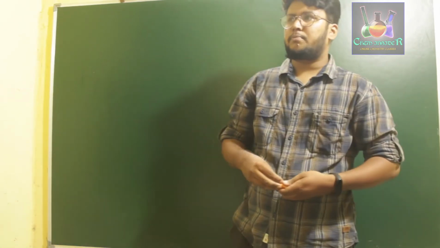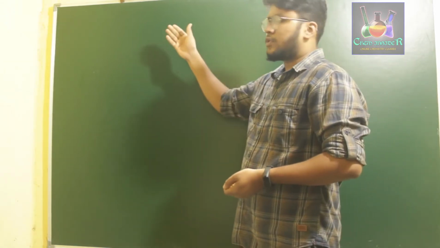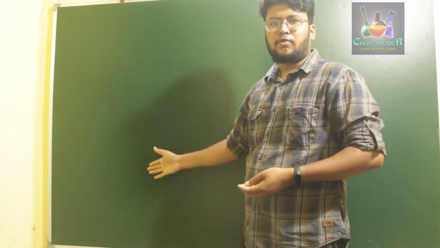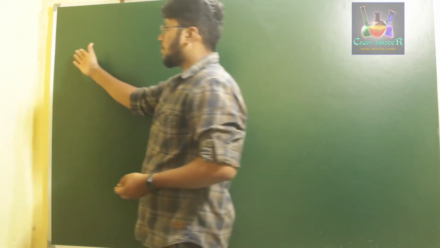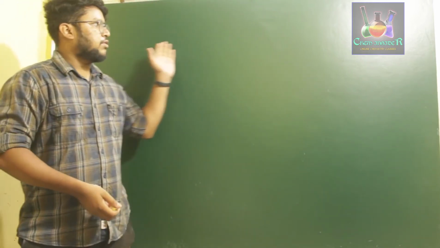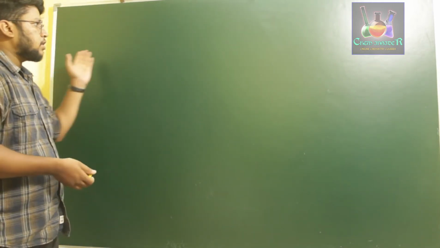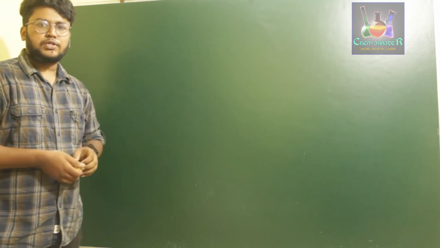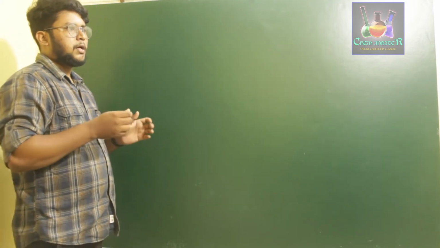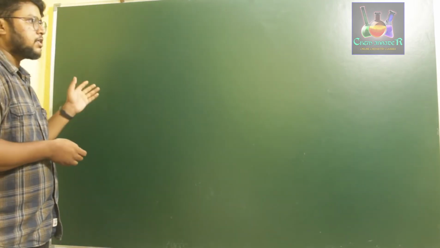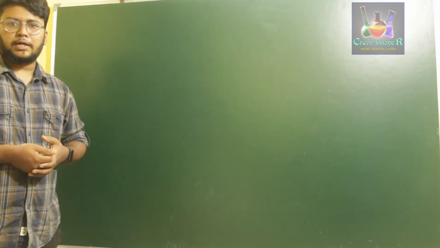If you are considering a physical property such as, say, boiling point, that boiling point might be lower for the first element and higher for the other elements as you go from top to bottom, or it might be higher for the first element and decrease as we go from left to right of the period. Okay, so that particular trend across the period or down the group is called the periodicity of a property. The periodicity of a particular property might be increasing from left to right or it might be decreasing from left to right. It depends upon the electrons and the electronic configuration of an element.